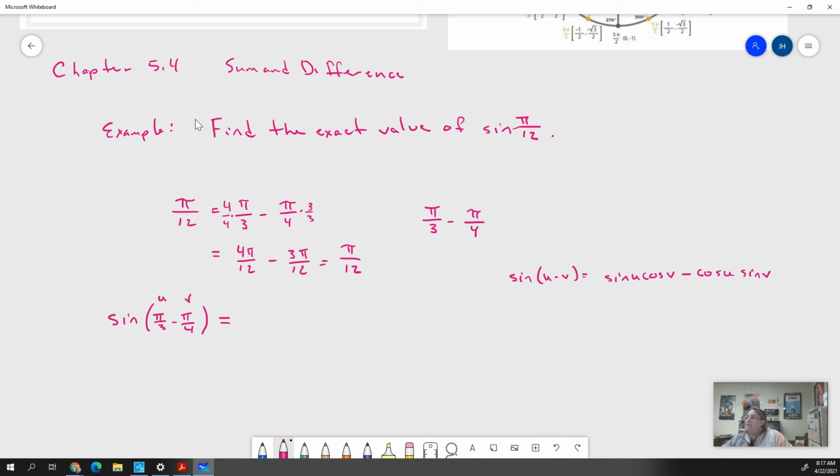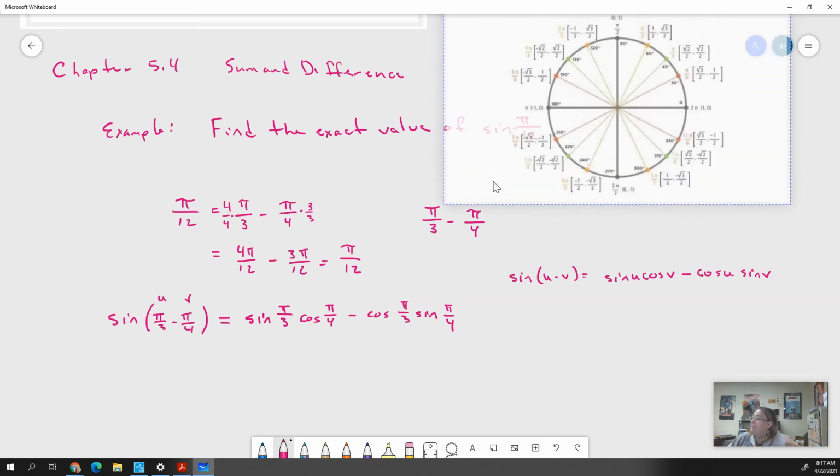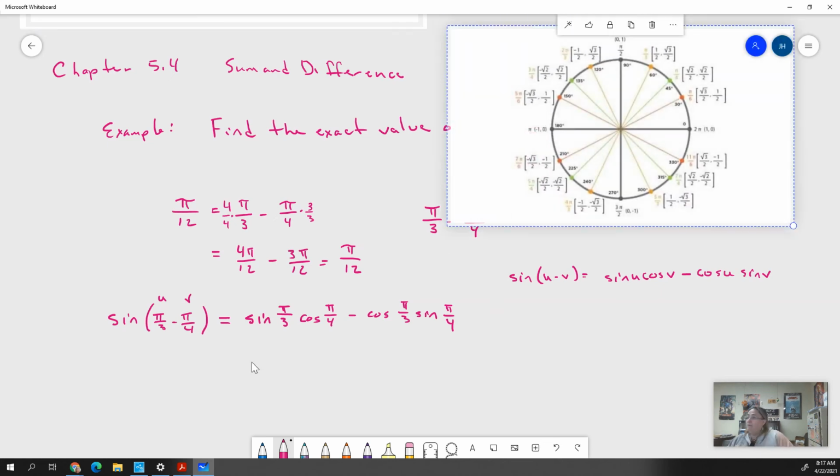sine of v. And so when I write this now, and I've got sine of u, well, that's sine of pi over 3 times cosine of v, well, that's cosine of pi over 4, minus cosine of u, well, that's cosine of pi over 3 times sine of v, which is sine of pi over 4. And the reason that this helps us is now I can just look here and see what each of these equals, right? We've got